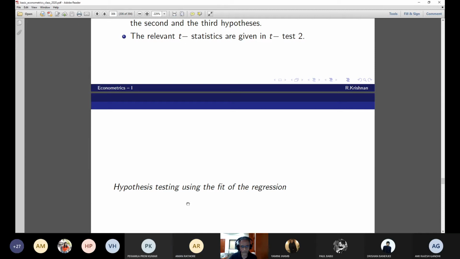Okay, sir. Sir, just another doubt. In that F test one, we have the F stat value for the joint test, which seems much higher than 2 point whatever is given on the slide. Yeah, much higher than the table value, isn't it? Yes. All right. Okay, sir. Okay, now let's go to the next one.